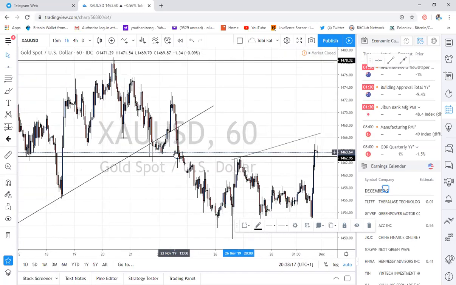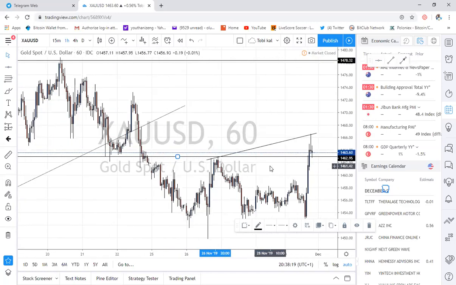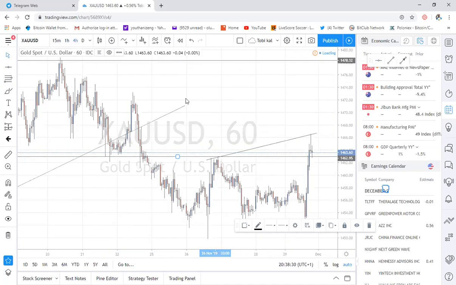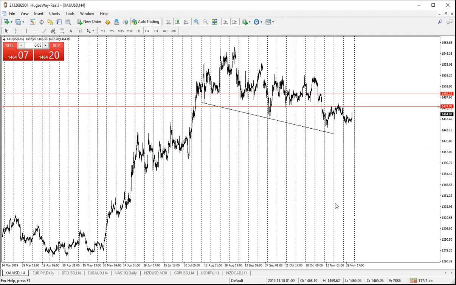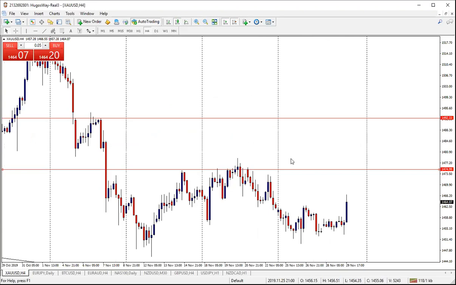So what I'm seeing on H1 is not in confluence with what I've already analyzed. So there's no point trying to force a trade to happen on H1 if there's no opportunity for that. So what do I do for the week? For this particular week, if I would be trading gold, which of course I will be doing, I won't trade gold when the market opens tonight. I won't trade gold Monday morning,